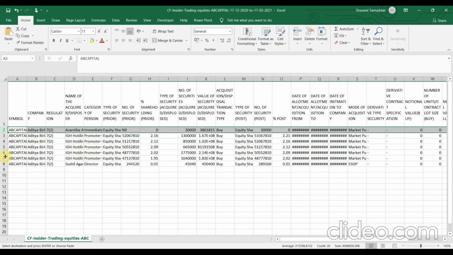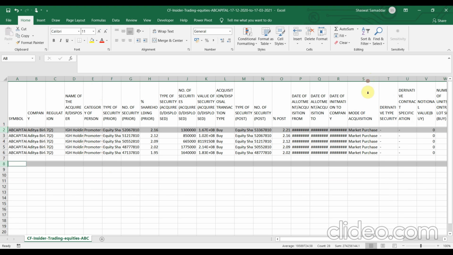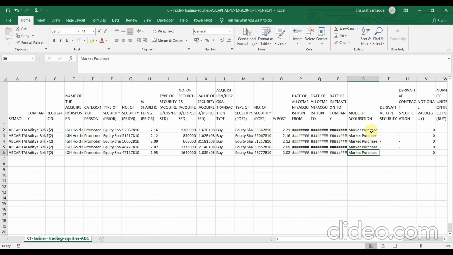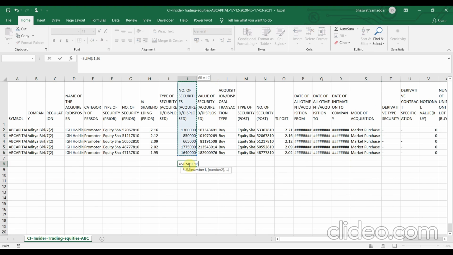We could manually delete the rows which have the category of person as immediate relative and director. We don't want those. We only want promoter and promoter groups. And the mode of acquisition is market purchase for all of them, and that is what we want. Next, apply the calculation. Divide the total value of securities by the total number of securities